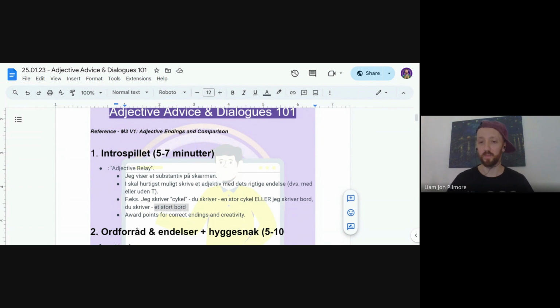En dejligt have. Without the T this time, because it's en dejlig have. En grøn have. Perfect. Same thing. I guess you don't have a Danish language, Mike. No problem. Det et dejligt have. Same thing. It should be en have. Therefore, it should be en dejlig have. Let's take maybe 2 more.